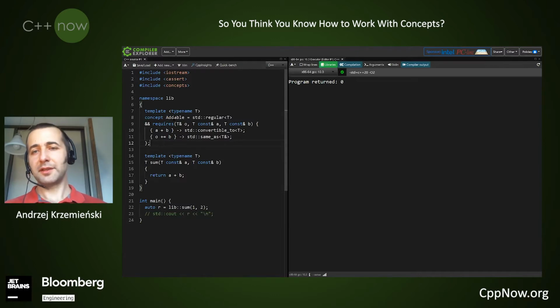A concept is a template. So we already have 4 categories of templates: class templates, function templates, variable templates, alias templates. And this adds to the collection. We have a 5th, a concept. It is parameterized by some types. And I'm actually defining a compile time predicate. So it's almost like a variable template of type bool. I'm composing it of other concepts. So I defer my definition to another concept from the standard library, which is called regular.